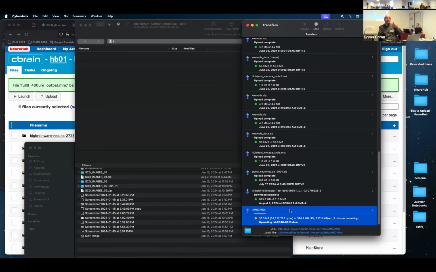You just have some sort of user account in that SFTP? Correct, yes. In this case, I just used one of my existing accounts, but if you want to use it with the HB one, it would have to be the credential for the HB account that you have. So it has to match the same account. It's not a generic one that everybody has access to. But by creating an account on CBRAIN, you get access to the same interface, and you can upload the files.